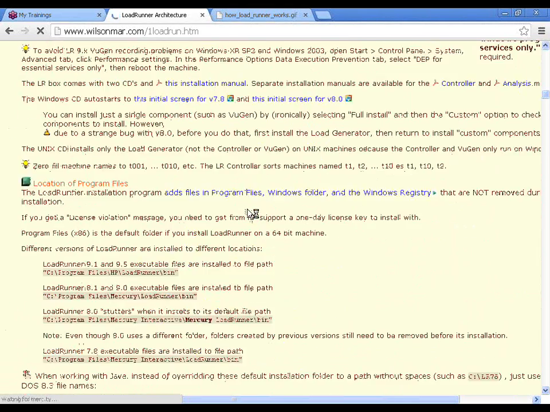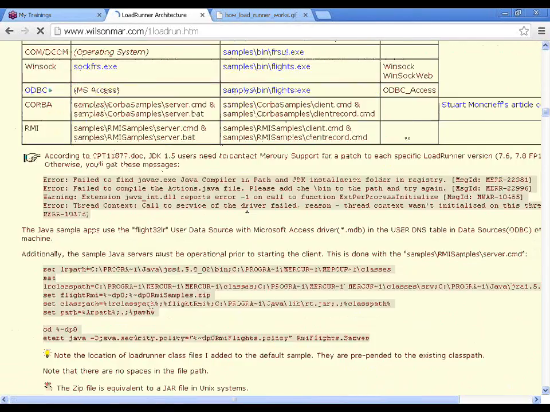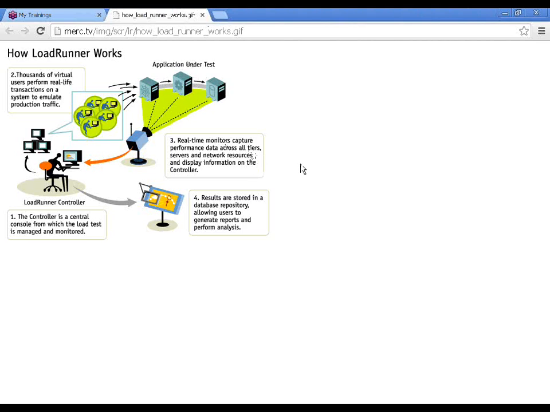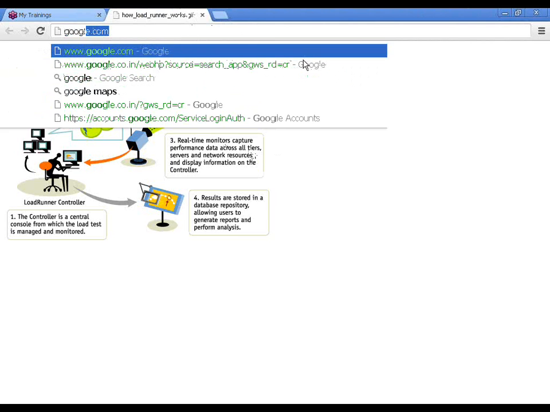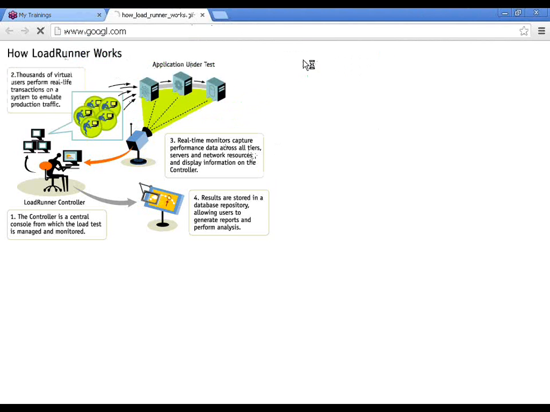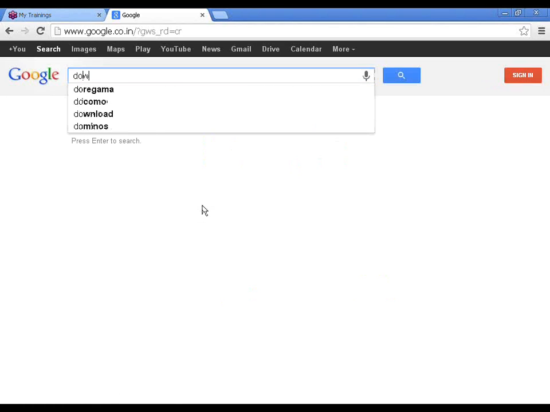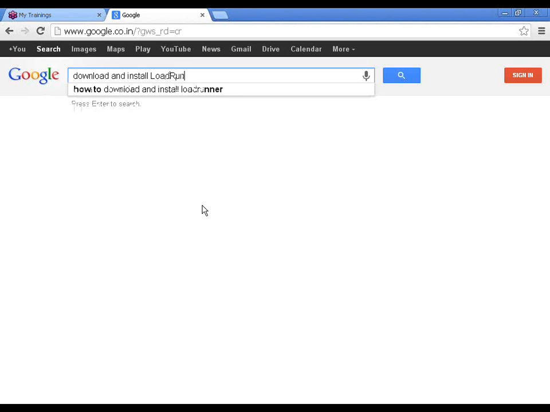So we'll quickly look at how to install your LoadRunner. So go to Google. For those who don't know anything about how to install LoadRunner, go to Google and just search for download and install LoadRunner.